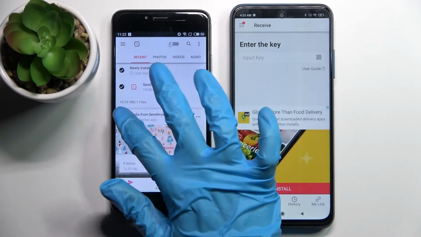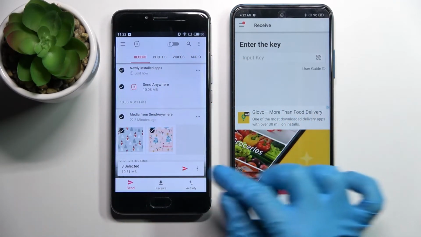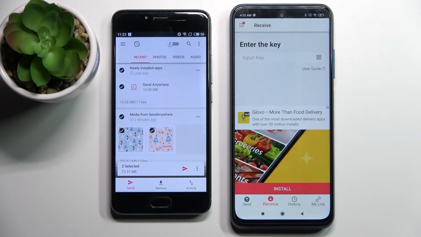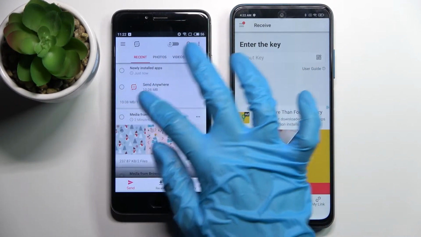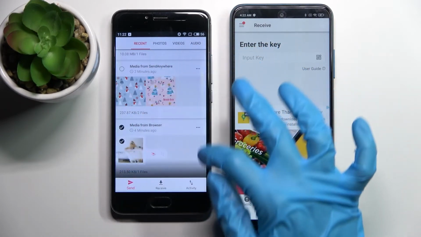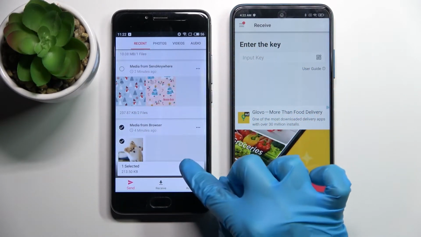Following that, click on all of those type of dots and choose Send by tapping on this little arrow over here. This way you will transfer all of those files. It will take a long time though, so I will go with only this one photo, choose this arrow icon over here,